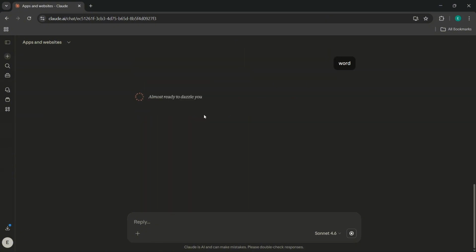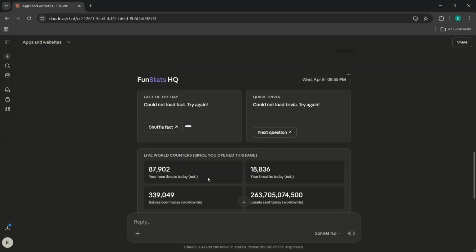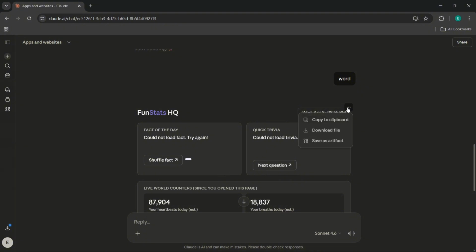Now just sit back and watch as the AI starts building the entire structure in real time. It's handling all the complex coding logic from the header to the interactive counters, based on the preferences we just selected. When the process is finished, look for the three dots on the top right of the artifact window and